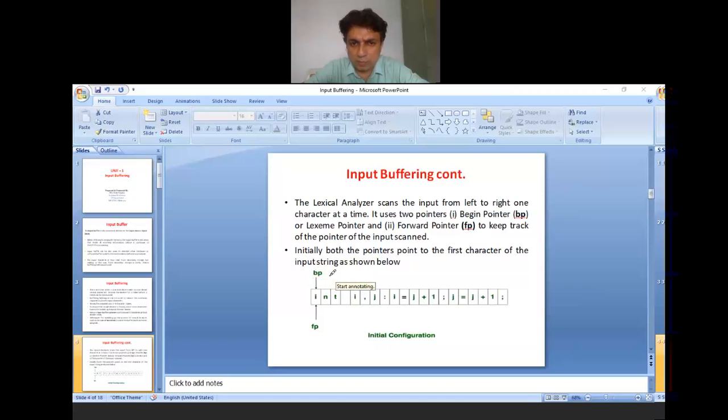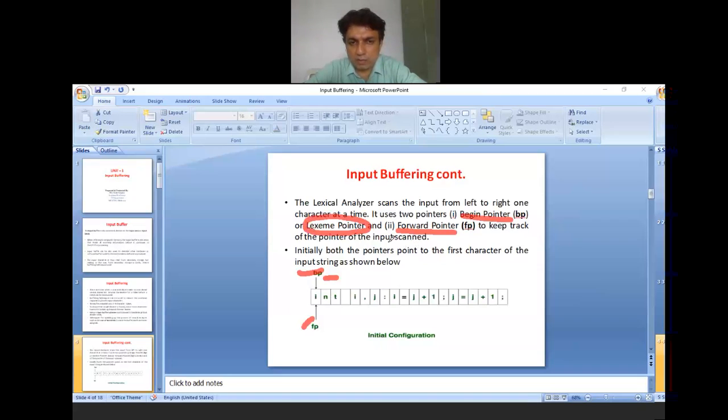In the same way the pointers are there. So here we consider two pointers. First is the begin pointer, and the other is the forward pointer. As you can see, the lexical analyzer scans the input from left to right, one character at a time. It uses two pointers. First is the begin pointer. This begin pointer is also called the lexeme pointer.